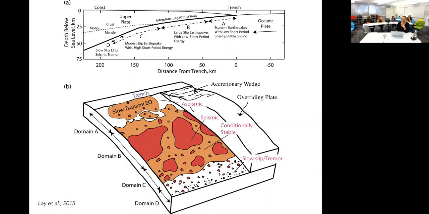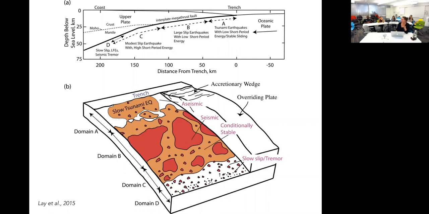But it shows how different parts of this plate interface system exhibit different types of deformation with respect to the earthquake cycle. So region A, at the very top, we have earthquakes that start at depth and can rupture up to the trench,